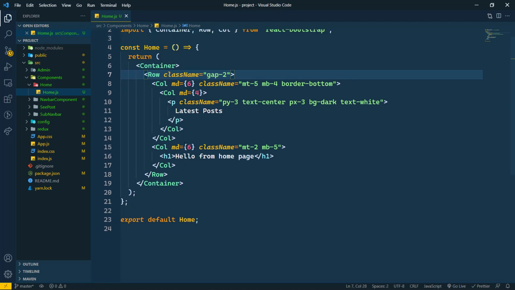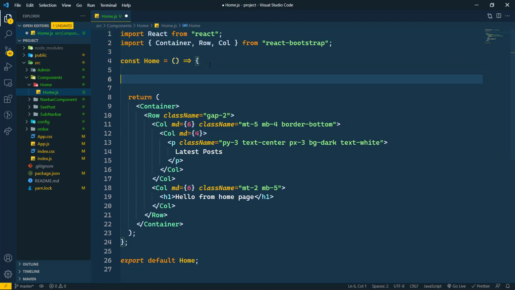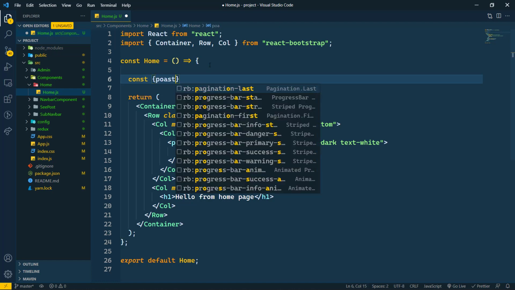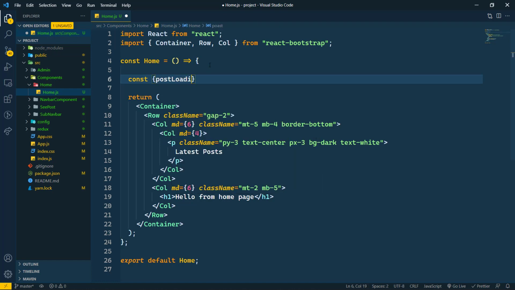So let's move further. Here we are going to get first of all post loading, and then we have to get the posts here from useSelector, that is from the Redux.